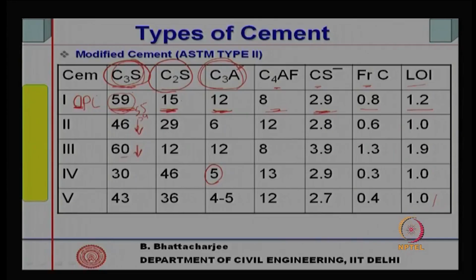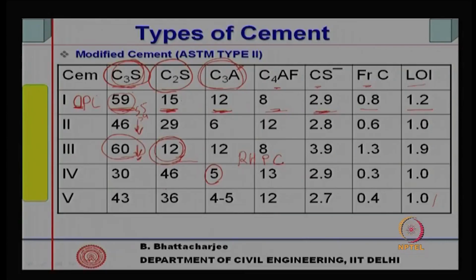Now, this has got the highest C3S, therefore, it would give you high early strength. Recall type 3 is nothing but RHPC, rapid hardening Portland cement, and it has got the highest C3S, least C2S compared to these two. So, it will have high early strength,